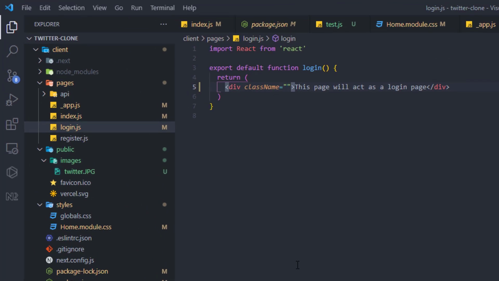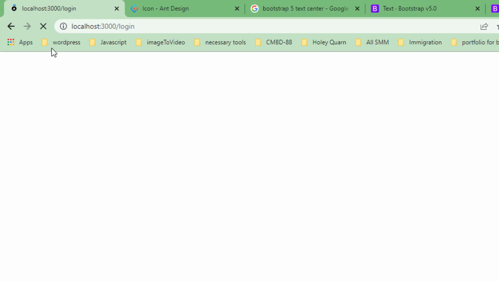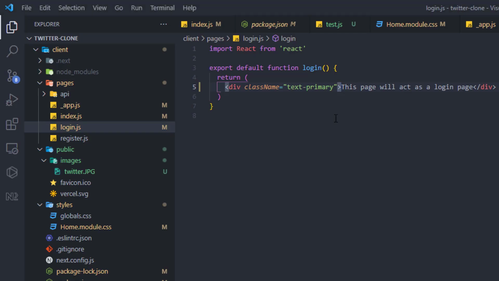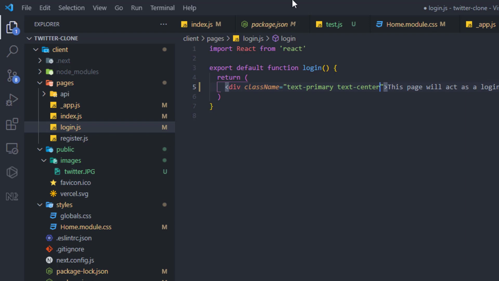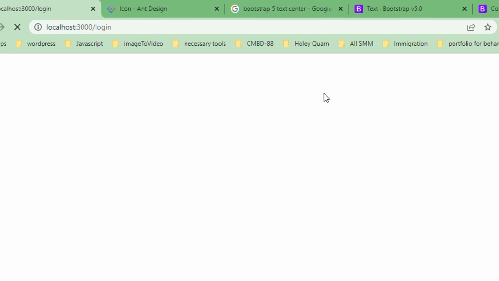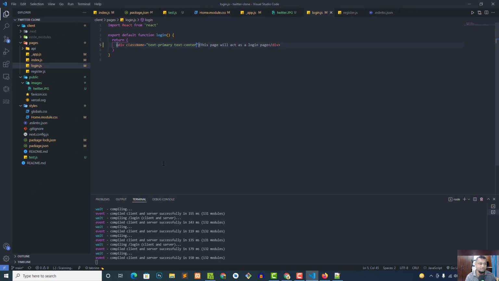Okay, text-primary. Let's see, text-primary, this color is taking, and give it another class name, text-center. Okay, and it goes text center. Okay, so we are already set to go. Bootstrap is working and design is working, and we just give it a custom